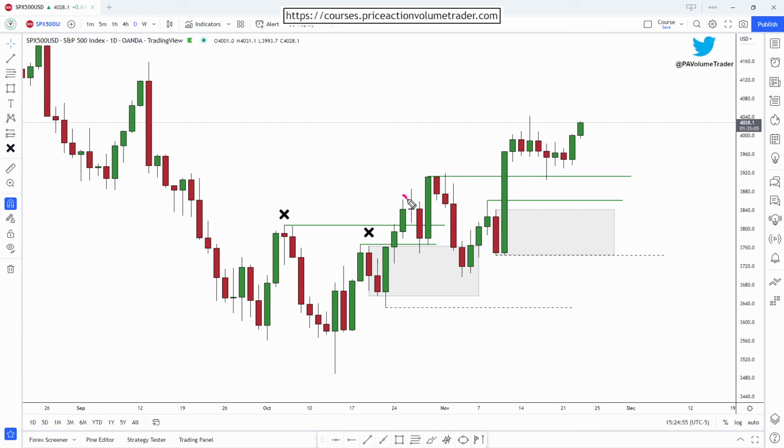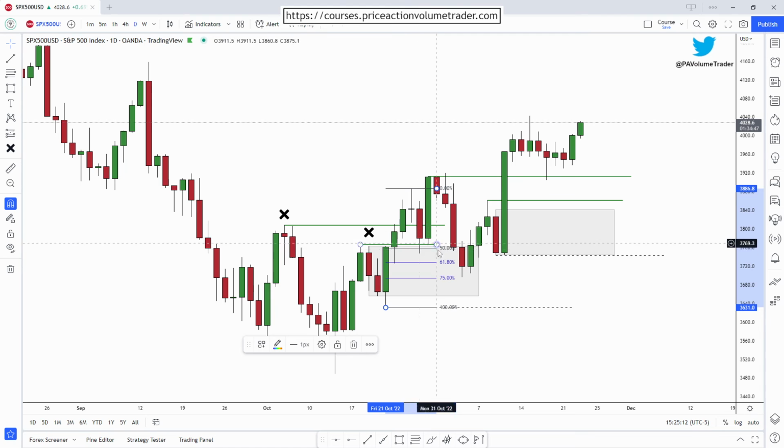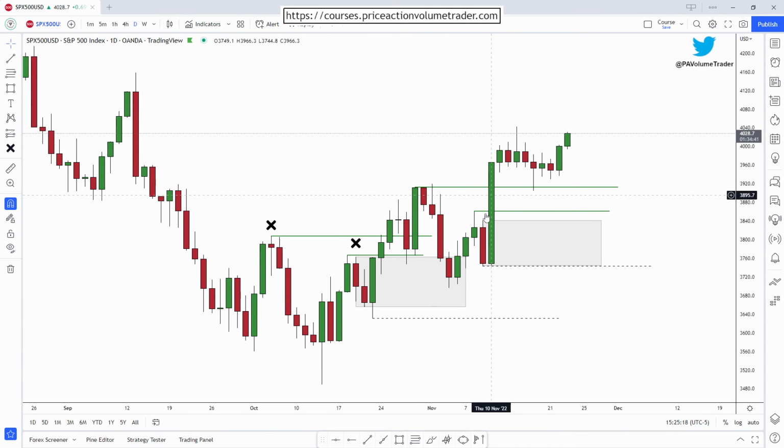And you can see right here, we pull back into our demand area and then we take off again, you know. And if we want to just pull up a Fibonacci just for the hell of it, just to see, you can see it was pretty much a pullback right into the 50% fib level. Okay, then we pull back here,